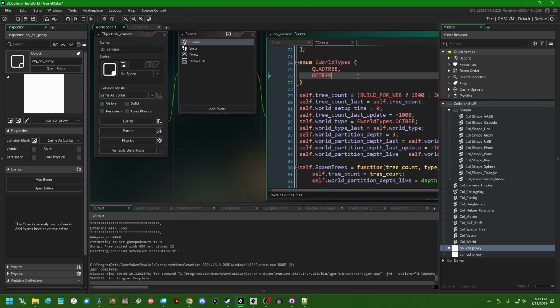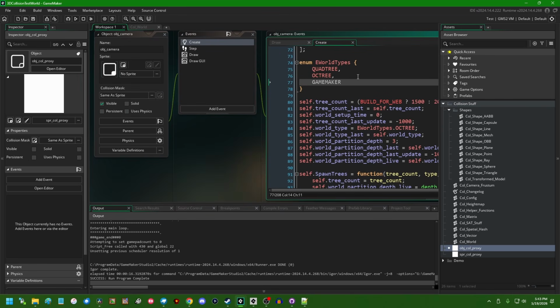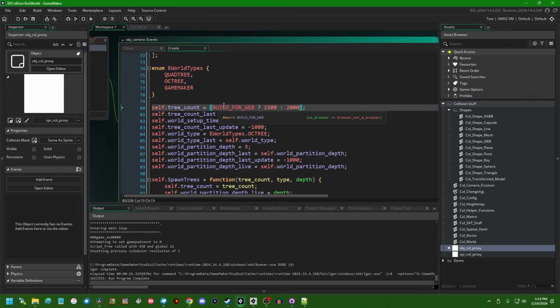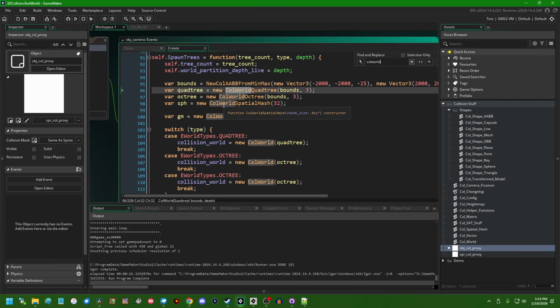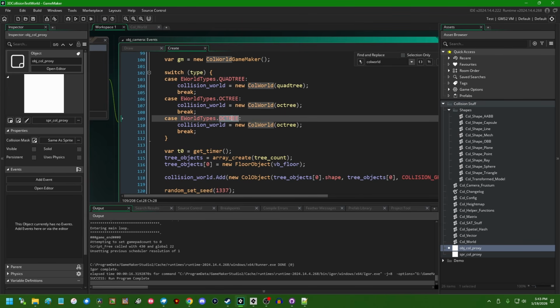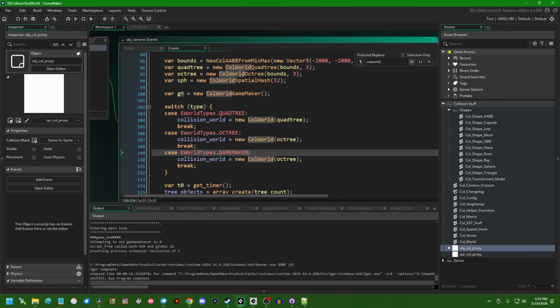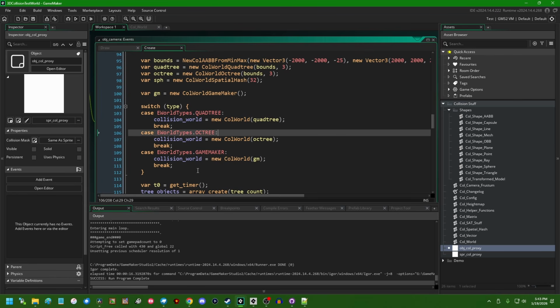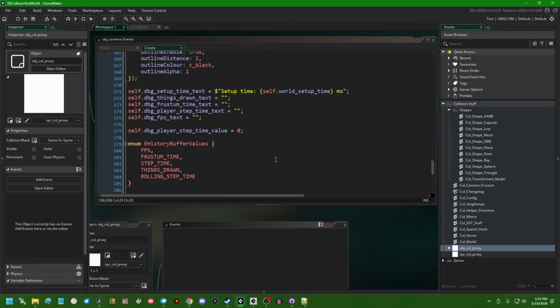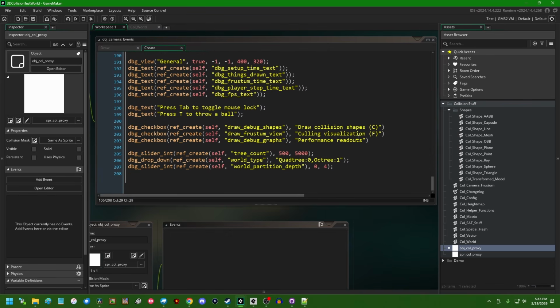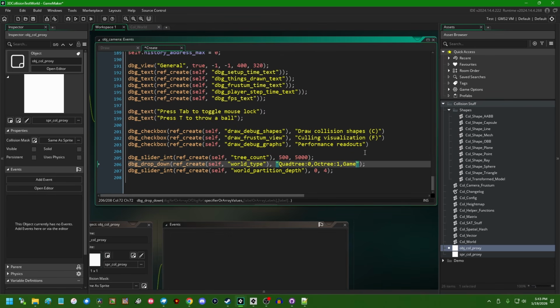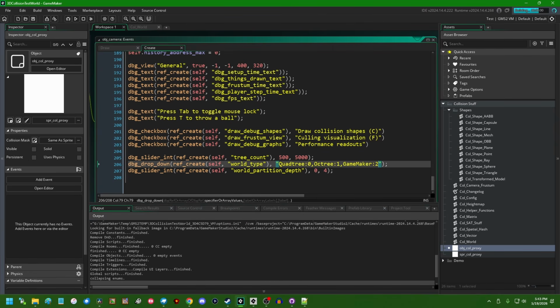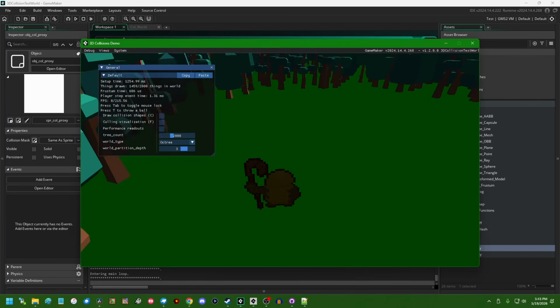Let's see. Where am I defining these collision world types? There we go. I'm just going to give the debug overlay a way of actually accessing this when you click on the dropdown. Where is the dropdown created? I think that's down at the bottom here. Here we go. Like that. So now if I run the game, and if I were to go and look at the performance